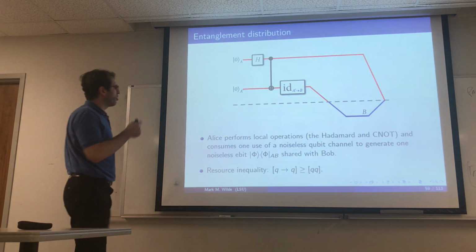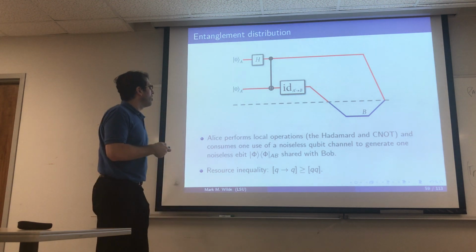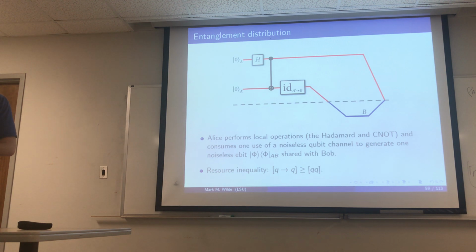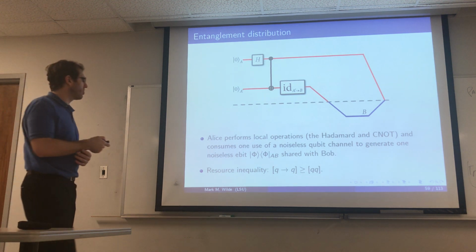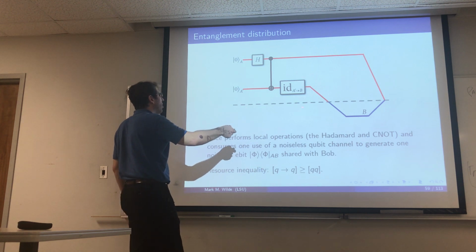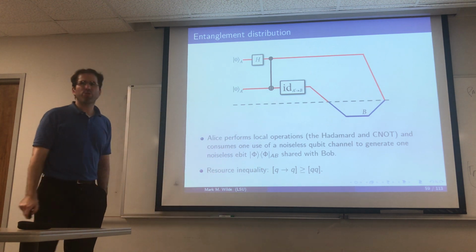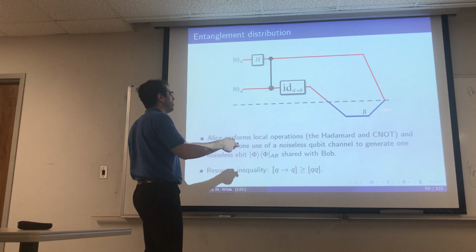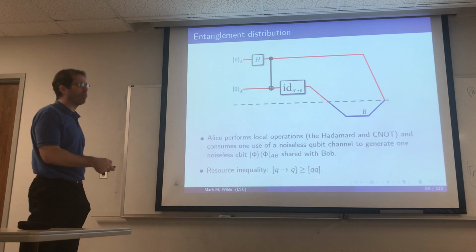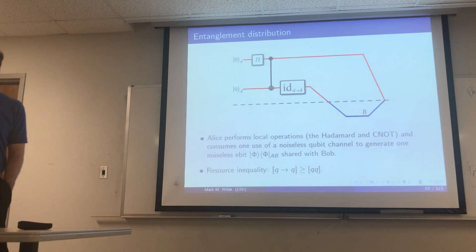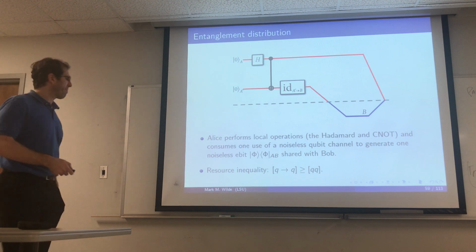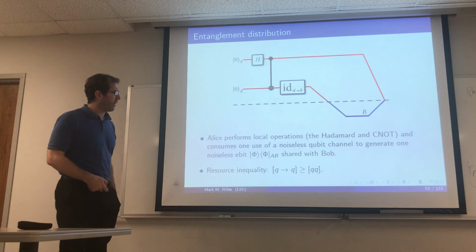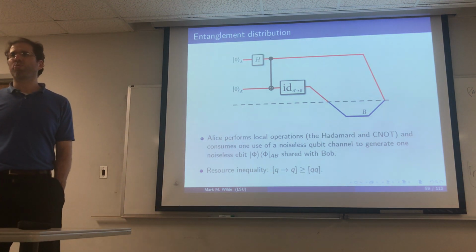Okay, so then in a communication theoretic sense, we're trying to count up the resources that are consumed and generated in such a protocol. Right, so basically, whatever crosses the dotted line is some resource. Okay, so what did we do here? We consumed a qubit channel to generate a maximum entangled state. So that's what we write with this notation. That's entanglement distribution. Okay. So that's a very basic protocol. And that's what Michelle was asking about earlier. How do you make entangled states? This is one way of doing so,